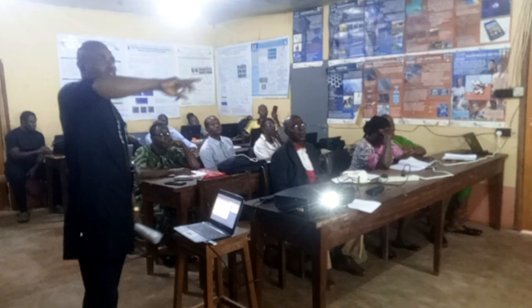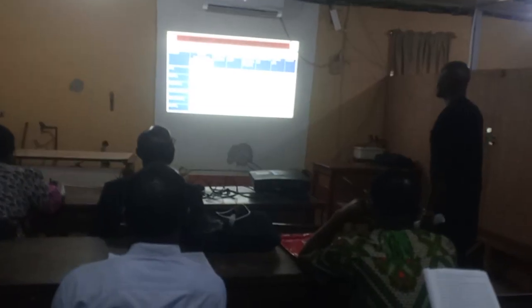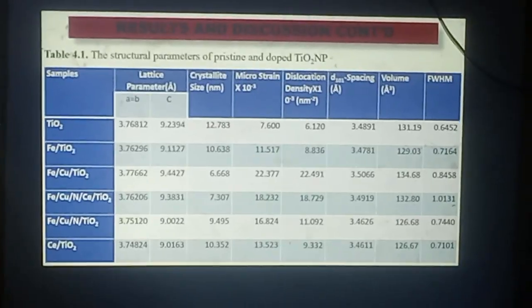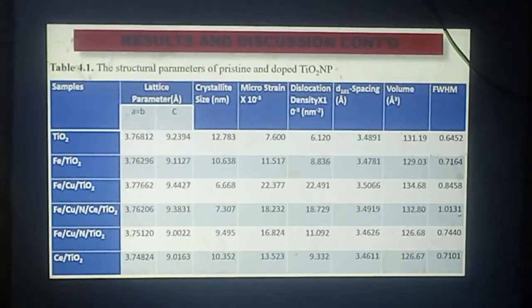Then, from our results from the XRD, the result of the XRD used in the crystallite size, doping with the iron/copper TiO2. Doping with iron alone